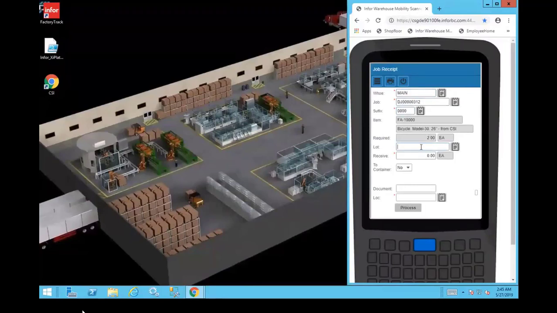And since this is a lot control item, it's prompting me for what lot I'm actually reporting. So I'm going to generate a new lot on the fly. I'm not going to scan a pre-existing lot. So the scanner automatically generated a new lot based on the lot prefix rules which are set up at the item master in CSI,